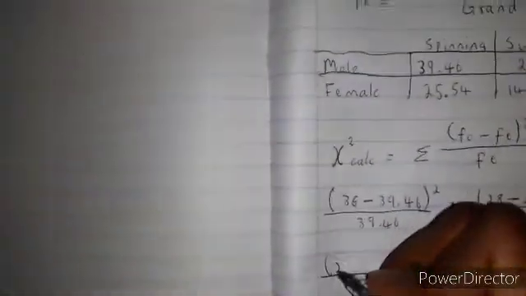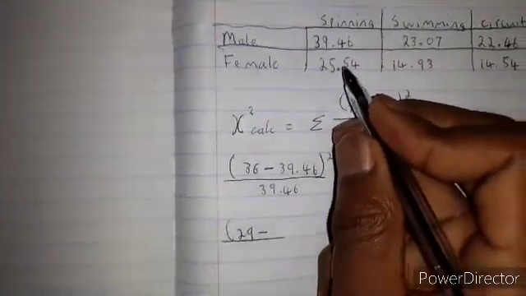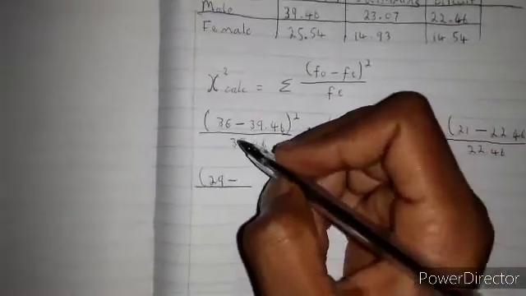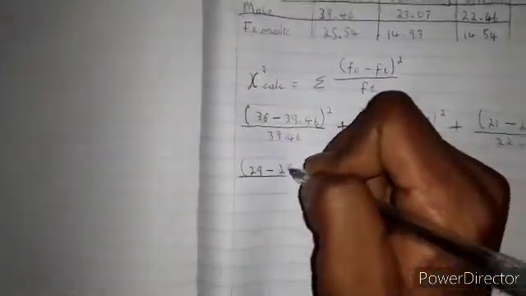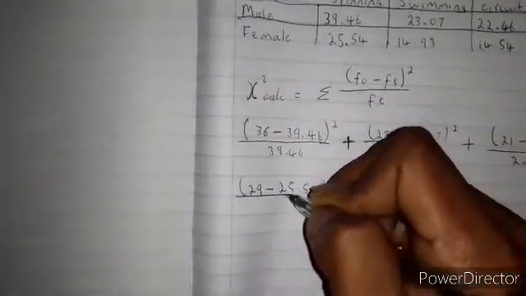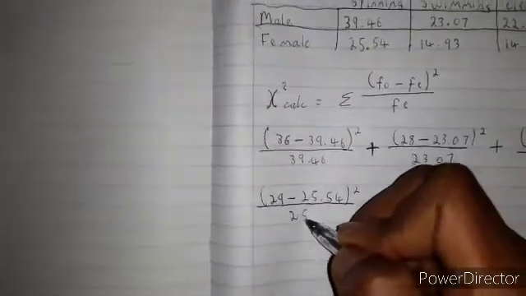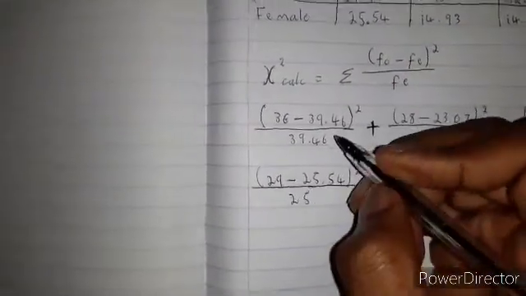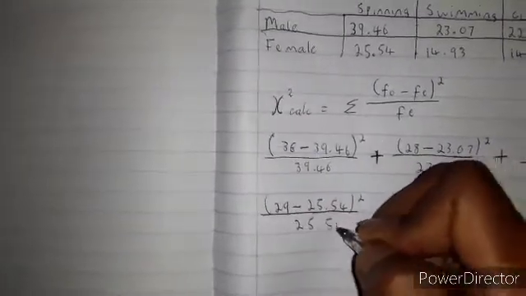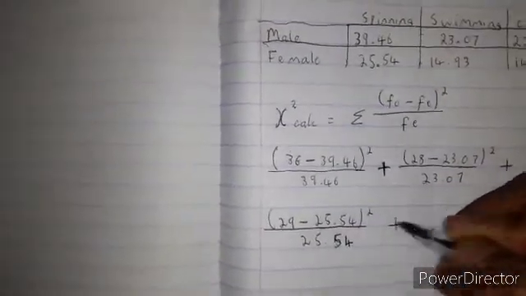It is 29. 29 minus the expected frequency, 25,54, all squared, divided by 25,54, plus